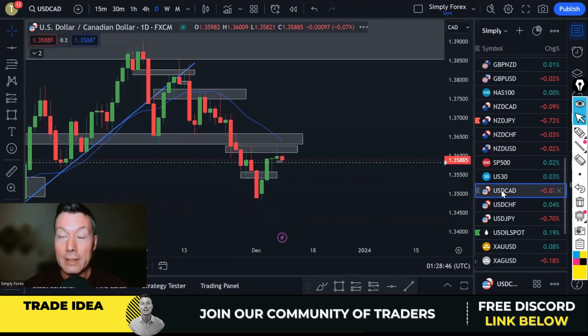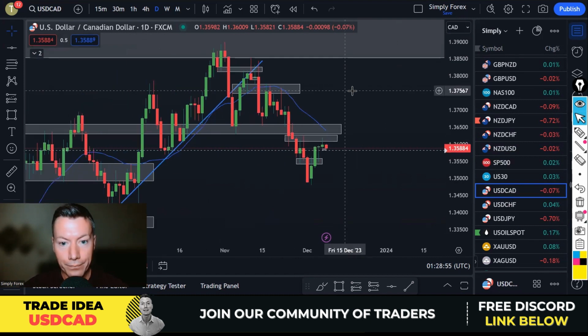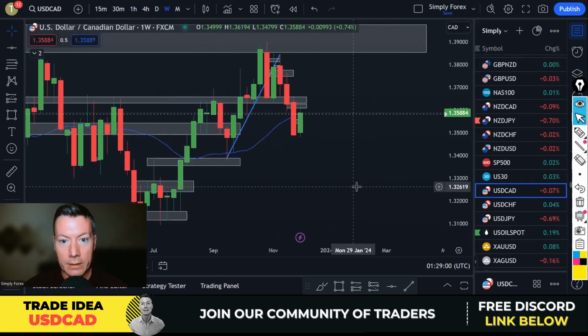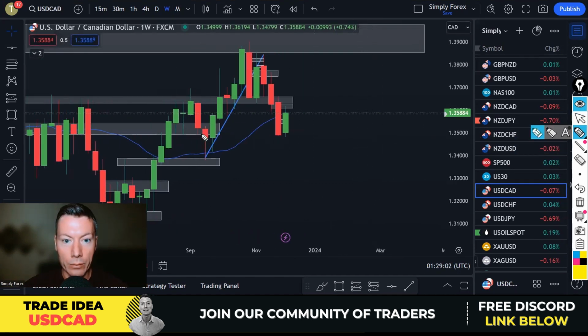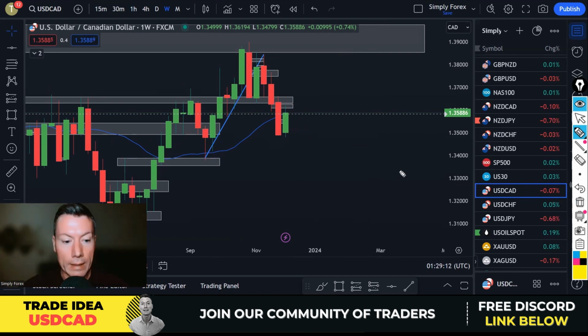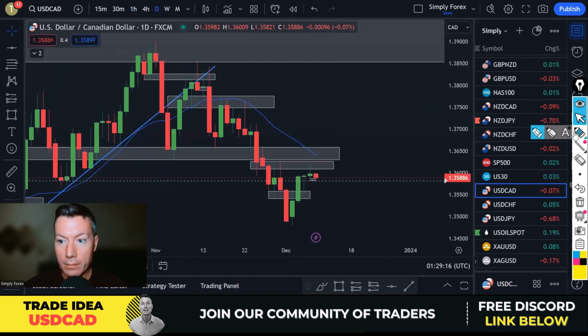So my second trade idea, bear with me, it's early, is going to be US dollar Canadian dollar, because we're at a very nice level. And if we look at the weekly chart as well with this, guys, we've been breaking down on a weekly level. Bang. We're in a weekly downtrend, and we're in a daily downtrend still. If we just follow structure,